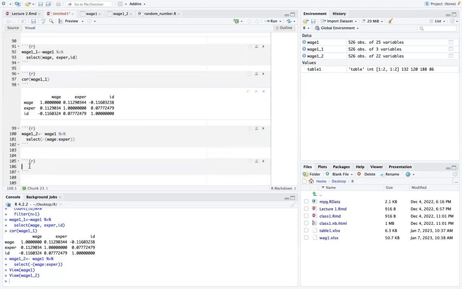Okay, so we have prepared the 2 data sets. Now I'm going to merge. So for merging, I'm typing another